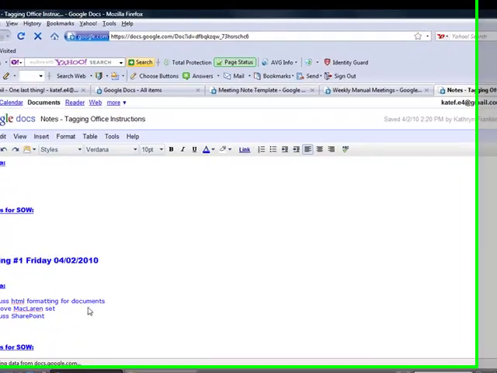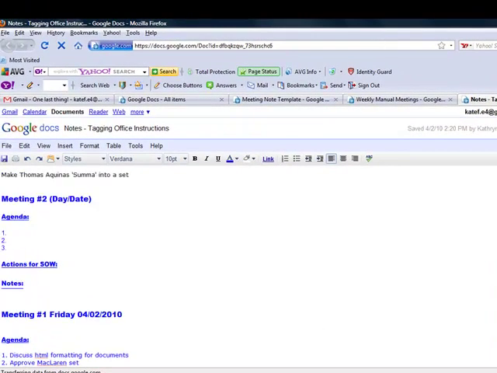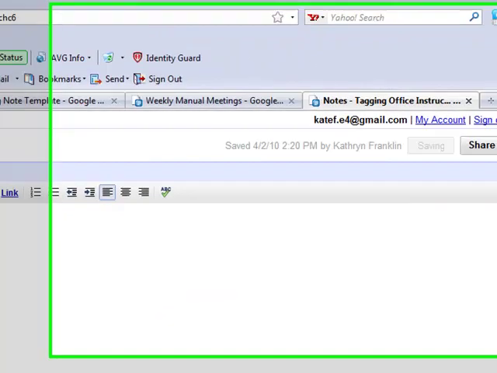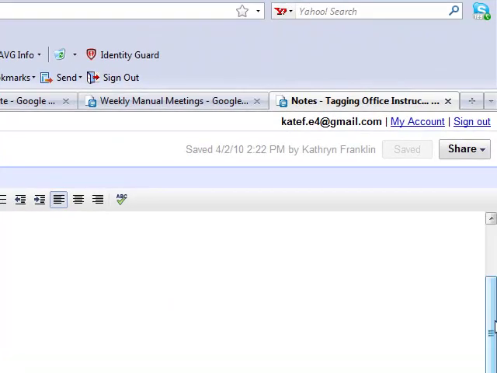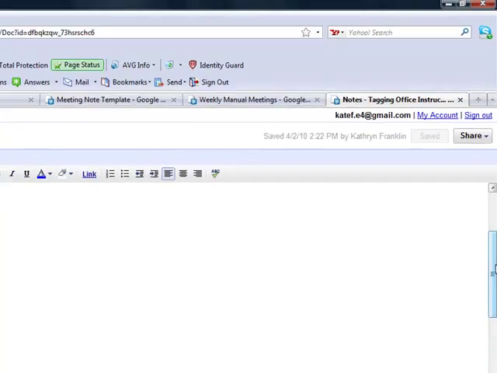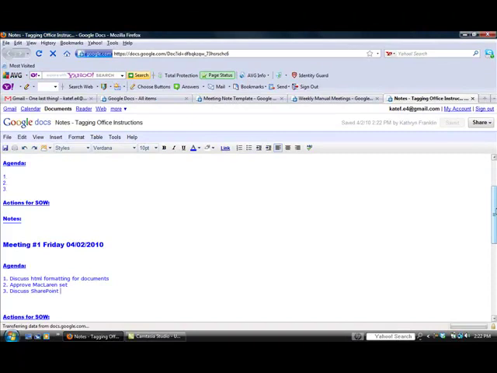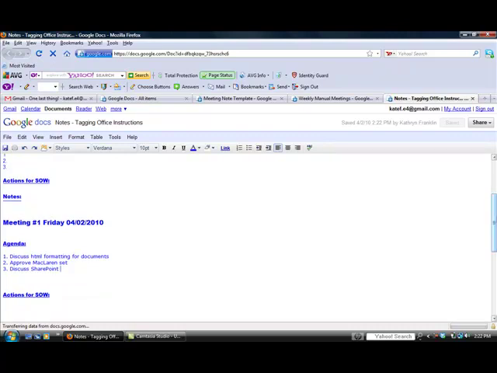Now, these agenda items probably would have been placed in this meeting note document by the scribe. You are the scribe if you're meeting with your supervisor and there are only 2 of you. If you're just a manager or a worker, a team member, you're going to be the scribe. Now, in a conference call, there will be a scribe assigned by the supervisor. But if it's just you and your supervisor, you're going to be the scribe. And the scribe is